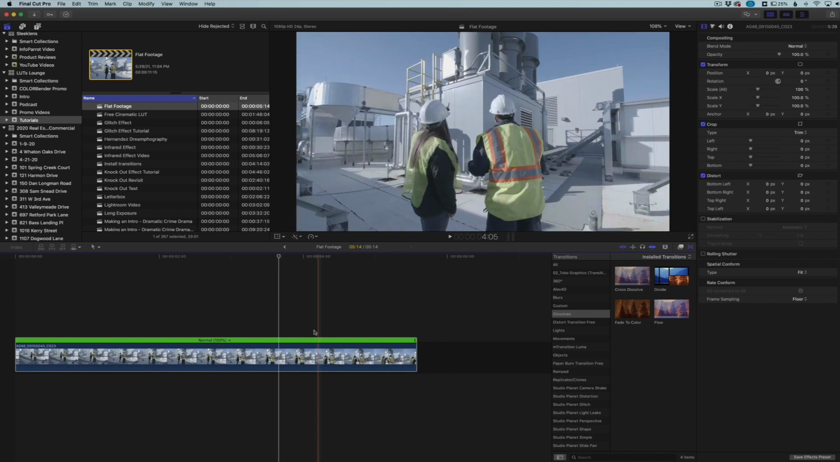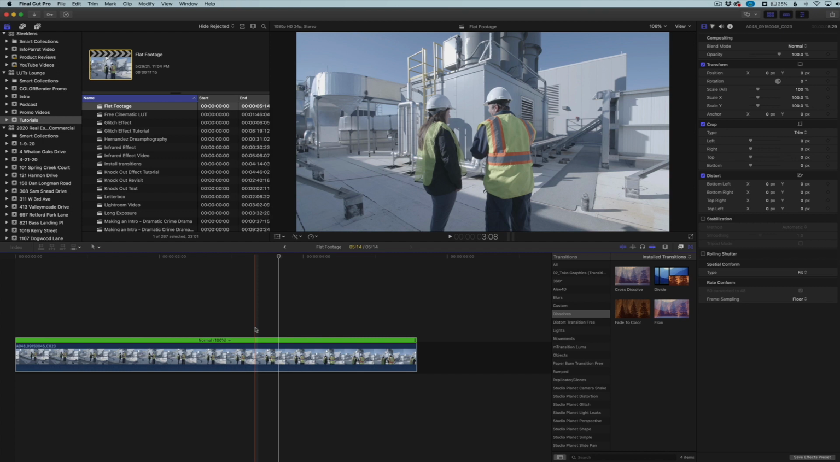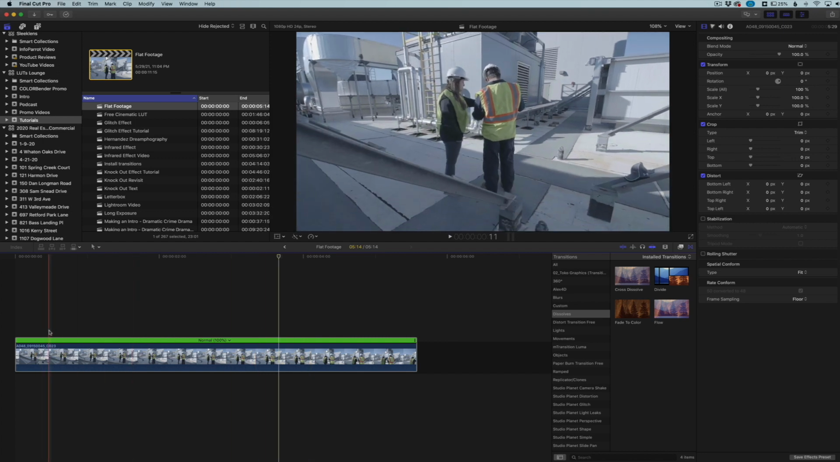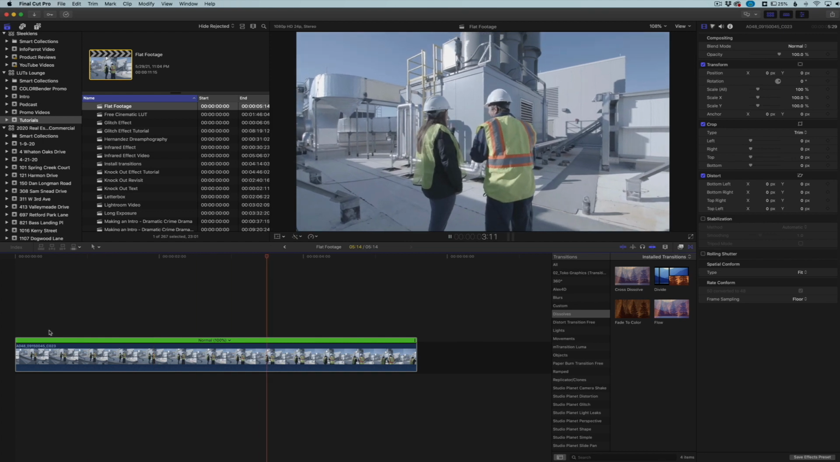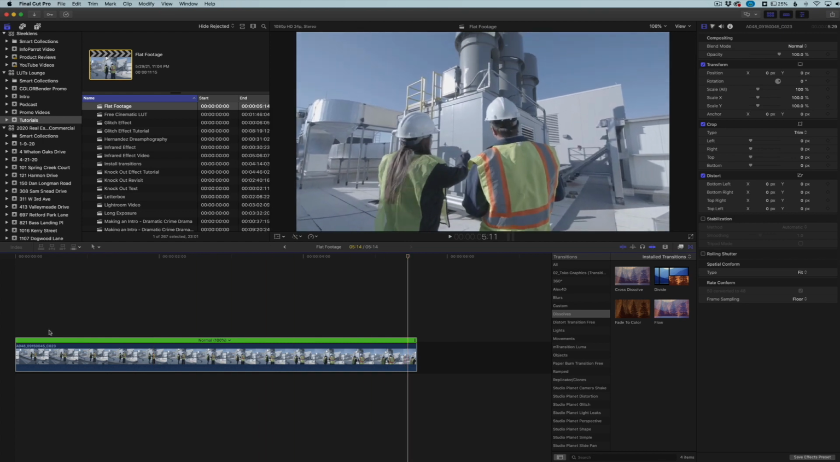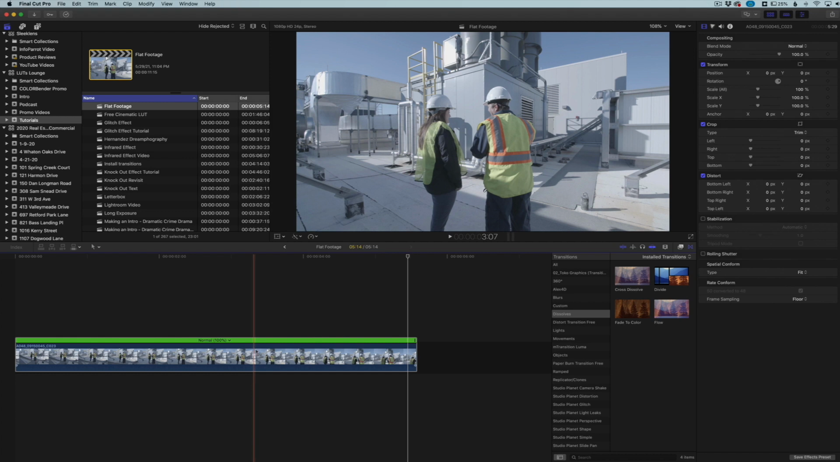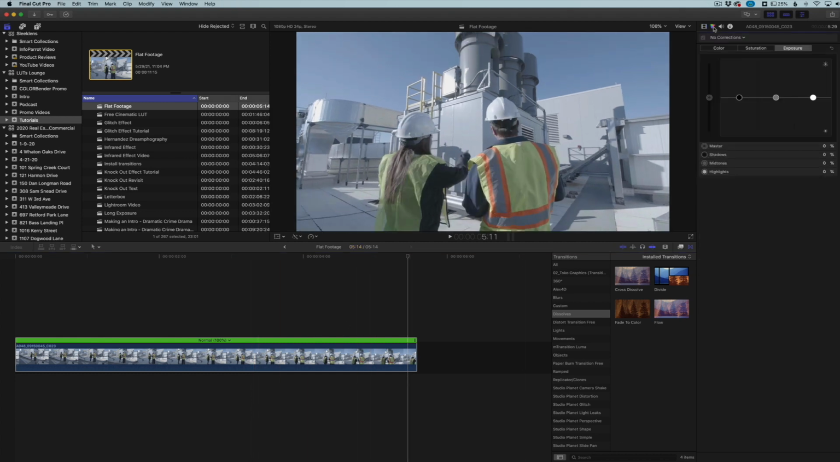So the first thing I'm going to do is just jump right into the color grade. So this is the clip. I'm just going to play it real quick. It's just a very small pan up with them and they're pointing to something on the roof. So I'm going to click over here. I'm going to go to my color board, and the first thing I'm going to do is start with the